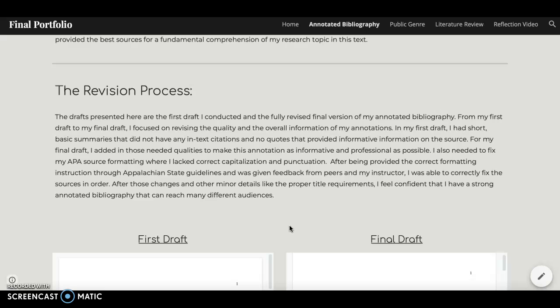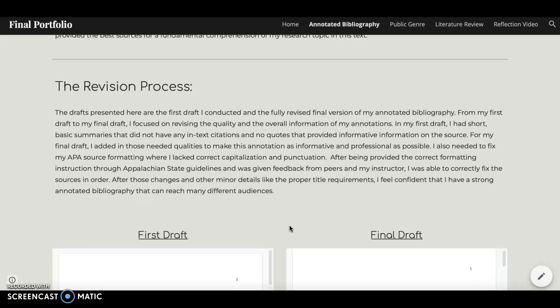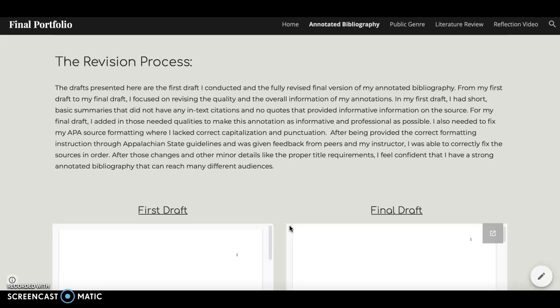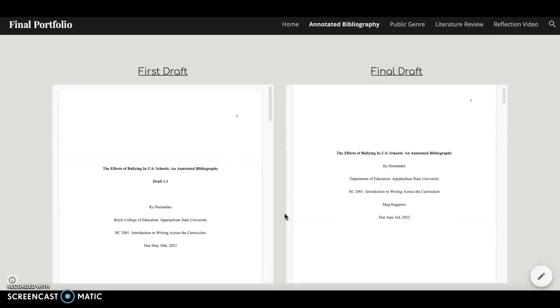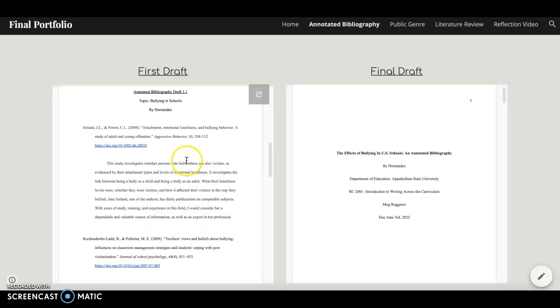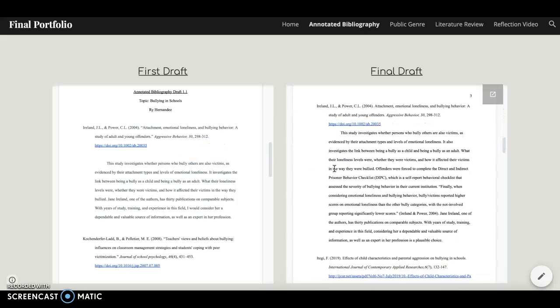I started with my first draft where I did not focus on much of a specific, not long or lengthy. I did not want that. I wanted it to be informative, but I did keep it very short. And so I made those revisions into my final draft. As you can see, they're very short and did not provide too much information, but gave the basics. And so for my final overall, here's the same draft source, but in the correct format, and gave more lengthy